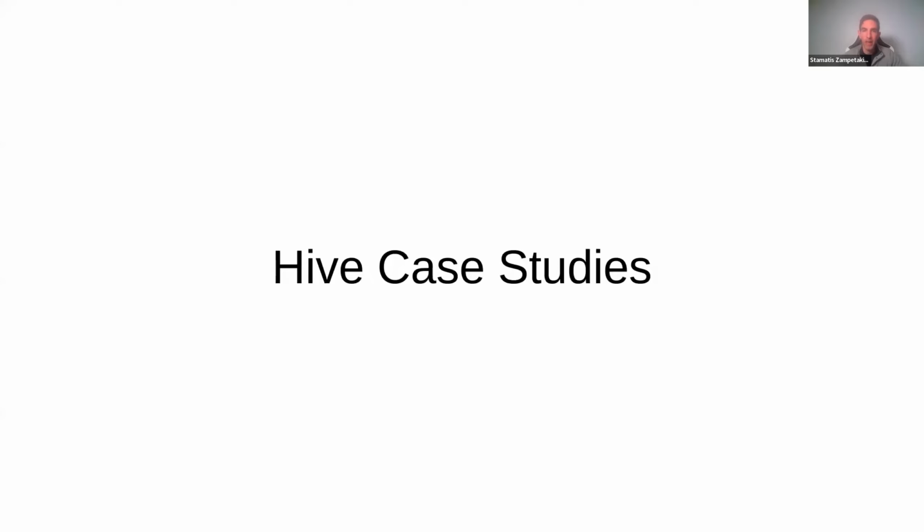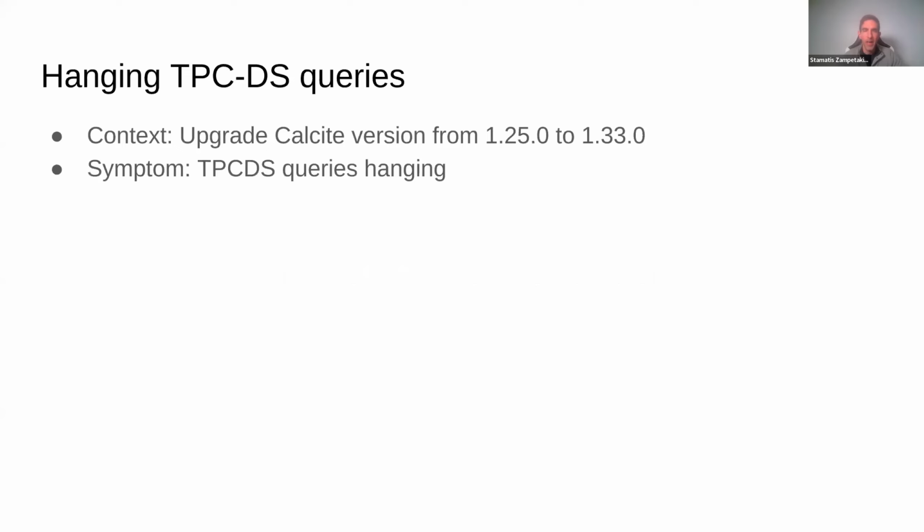So let me start with the first case study. This is about Apache Hive upstream in master. There was an attempt to upgrade the Calcite version from 1.25 to 1.33. The reason I picked this example is because I tried to do it rather recently, so I have everything fresh. So when I begin doing a Calcite upgrade,